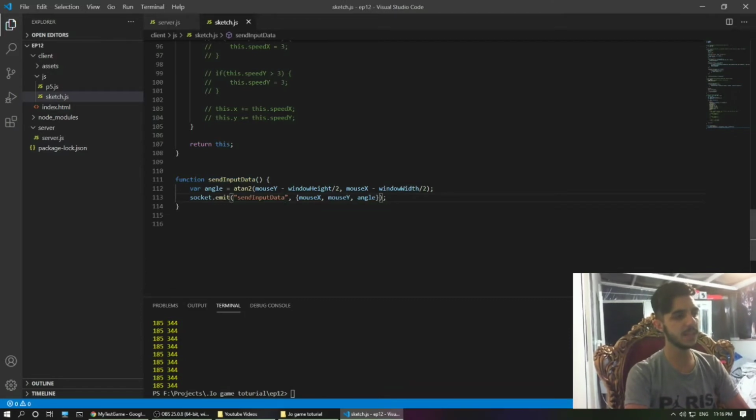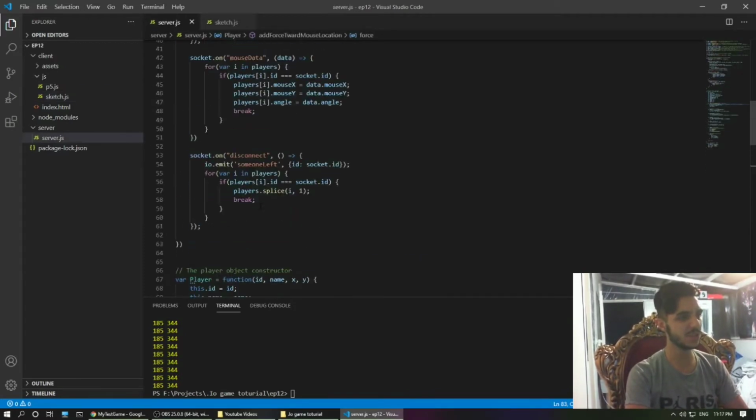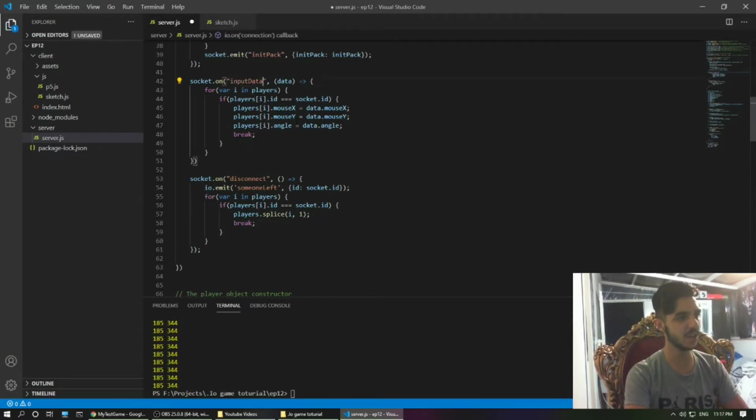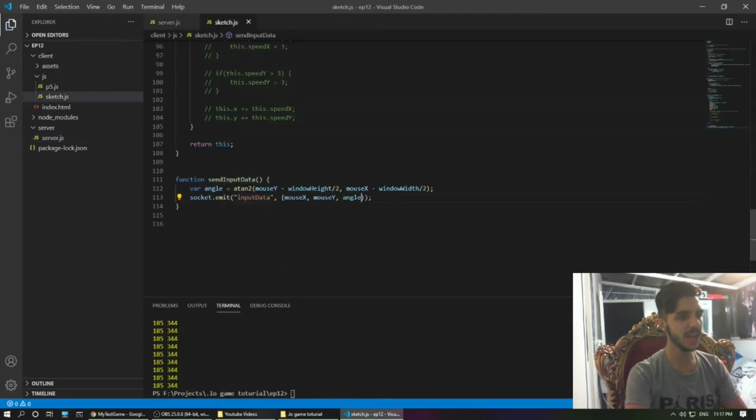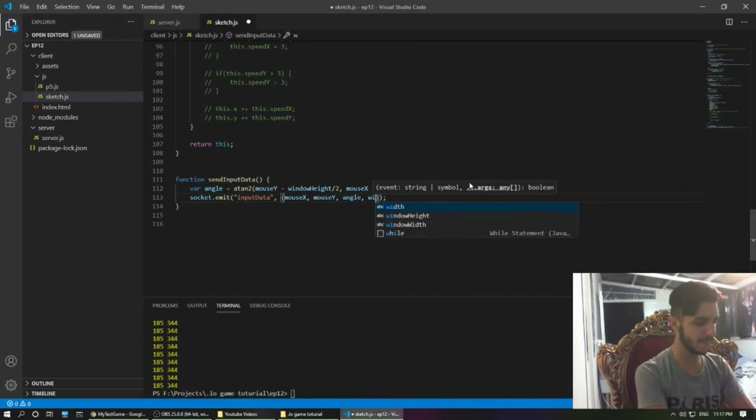And send input data. This is going to be input data. This is the third time we are changing the name of the socket line, but anyway, it's just getting better and better. So I changed the line mouse data to input data